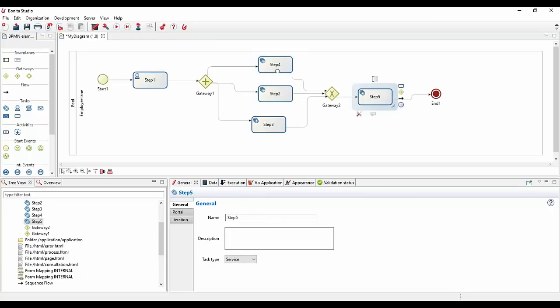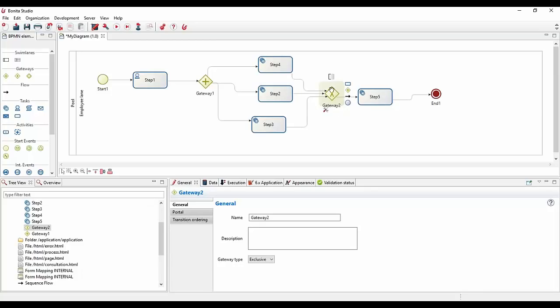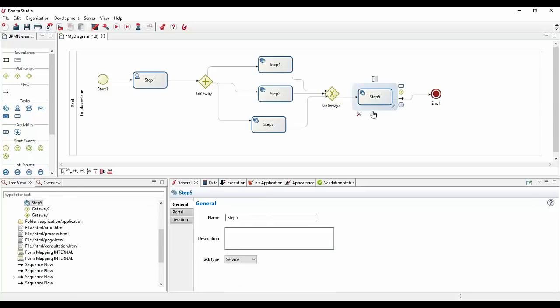So if this step 4 finishes at time 1, then it will trigger one instance of this step 5. If after a while step 2 finishes and goes through this gateway, which is an exclusive, it doesn't care. Each time there is one transition coming in, it will trigger step 5 again. So you will end up with something that is not what you were wishing, at least.